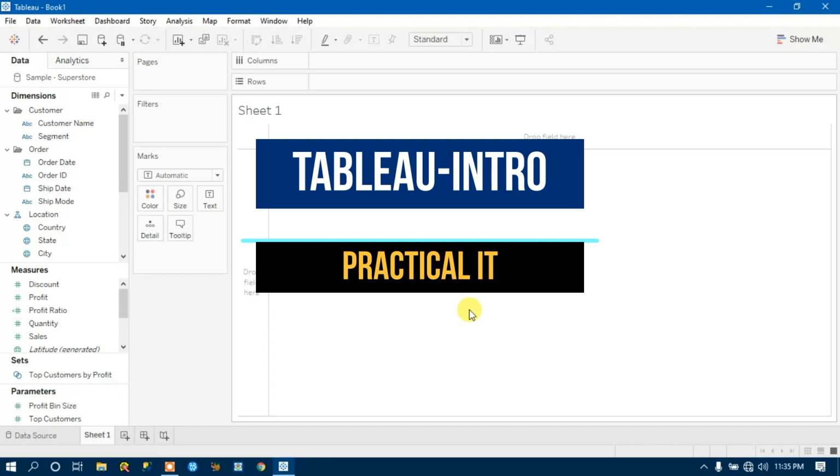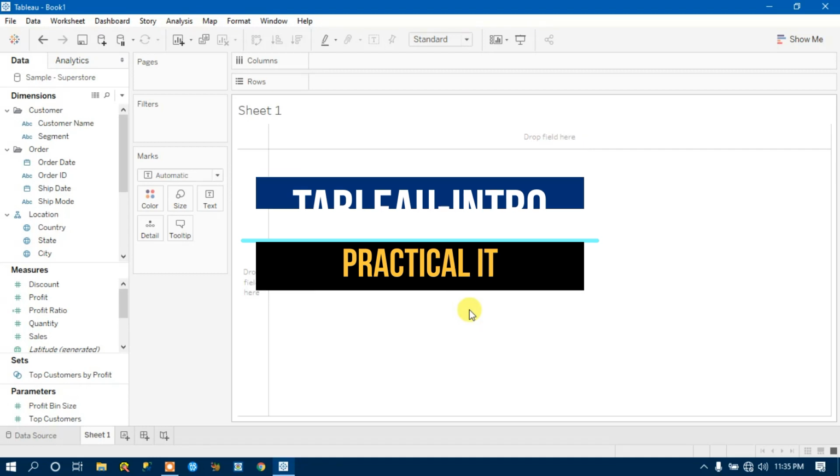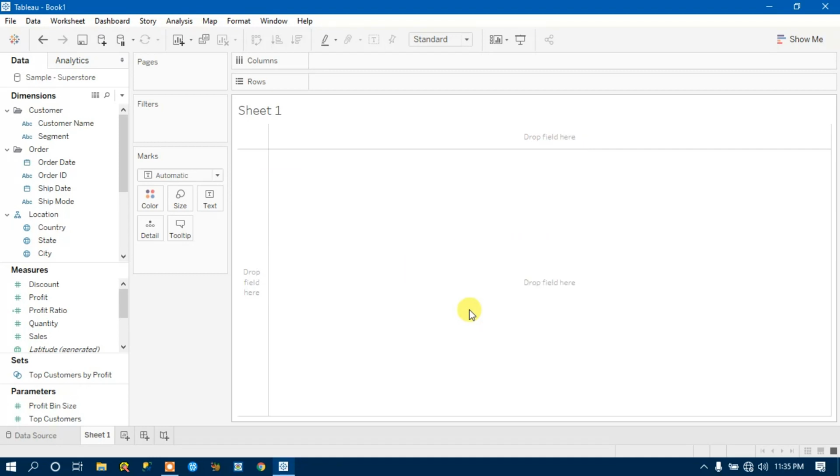So if I talk about the dimensions and measures that we have already talked about, under dimensions there are some related fields. Related means one field is related to another field, right? Like suppose we have order date, which is related to order ID, then we have shipment date, then ship mode. So these four are the related fields, right? And if I talk about the geographical location, we have country, state, city. Then if you want to include region, you can include the region as well. So these are the related fields in our dimensions, right?